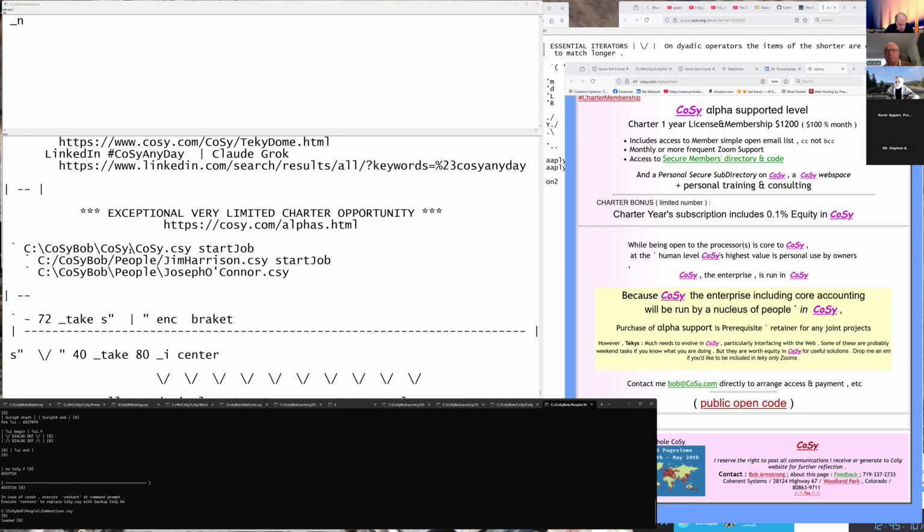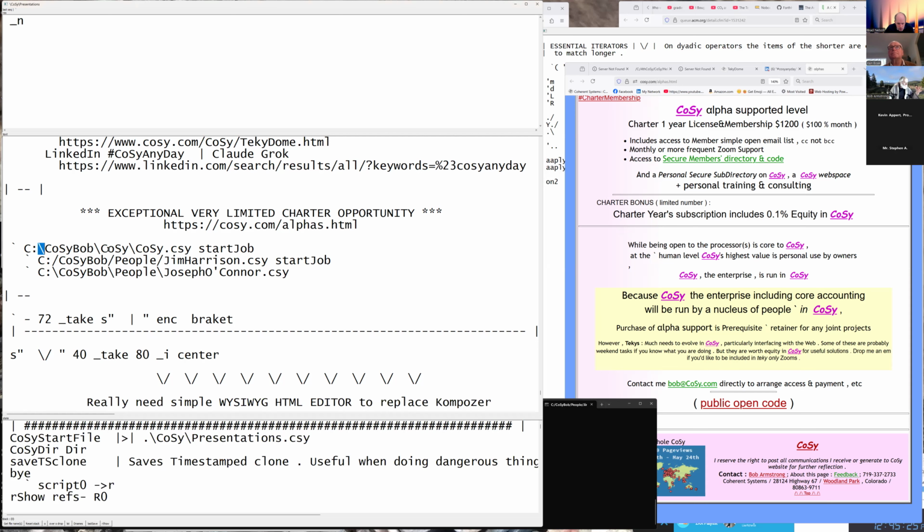But in a sense, some of the short things that need to be done on CoSy is, one, make it so that the parsing will just parse the word under the cursor instead of executing the line. But by the way, there's this little tick here, which of course is the standard quote in Forth, which is just brilliant, because instead of executing the word, it returns the address of that word, so that can be handed to a verb following, and that's what all these iterators do. They all take a